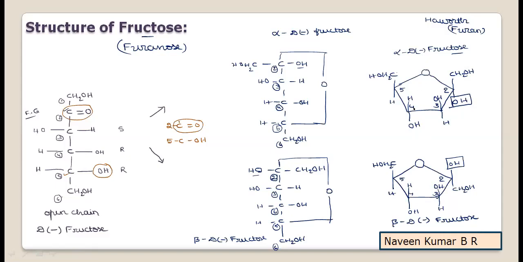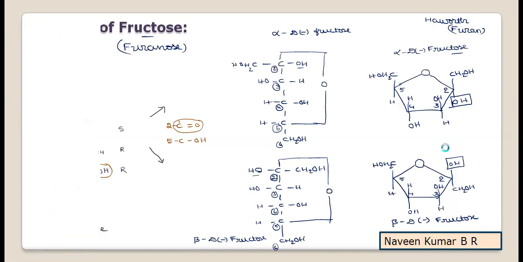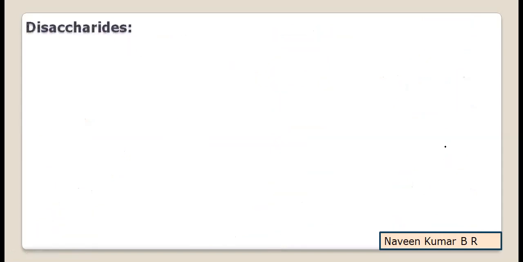If you change any one configuration, the structure is wrong. Hope you know the importance of representation of configuration. Hence don't take the chance, practice in a better way to remember the final structure. Now this is the information regarding the 2nd monosaccharide, fructose. With this basic information, we'll now learn the 2nd classification of carbohydrates, that is disaccharides.